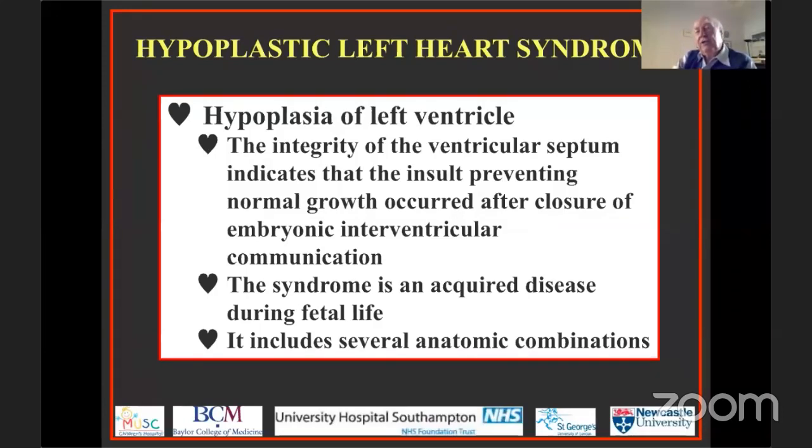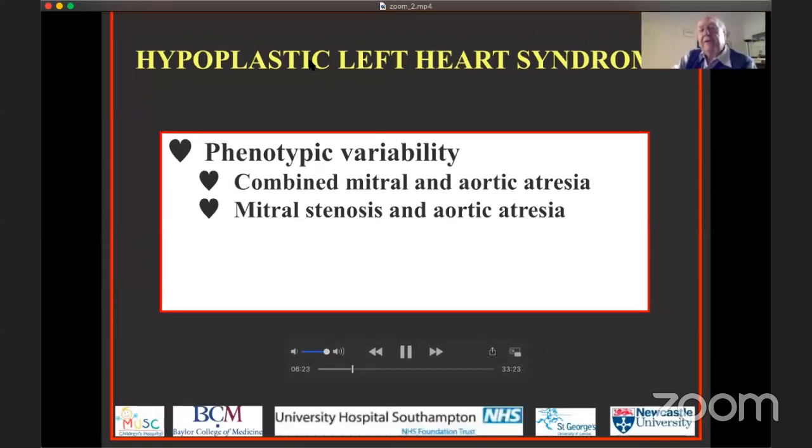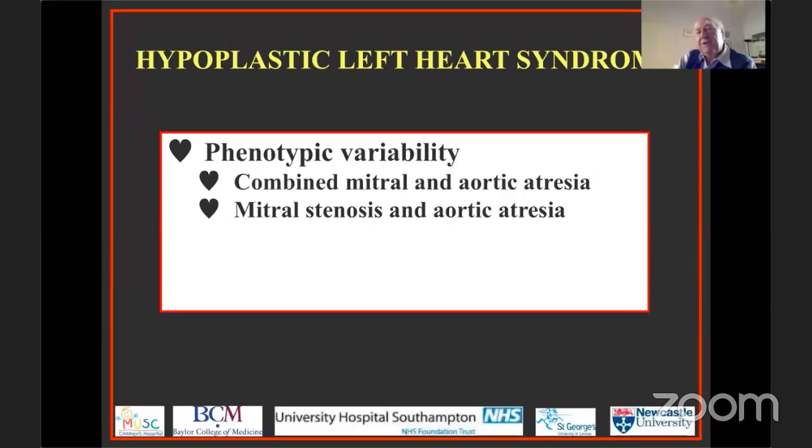It's not like tetralogy of Fallot, where we can define tetralogy on the basis of the phenotypic morphology. There are several phenotypes that we put together so as to make up the hypoplastic left heart syndrome. So we can find the syndrome when we have combined atresia of the mitral valve and the aortic valve. We can find the lesion when the aortic outflow tract is atretic, but the mitral valve is stenotic, so that blood